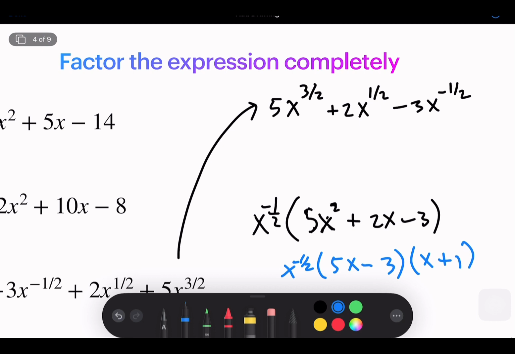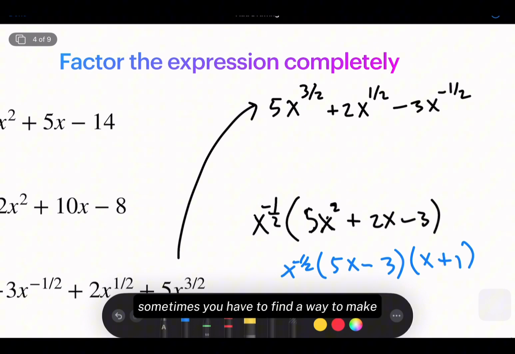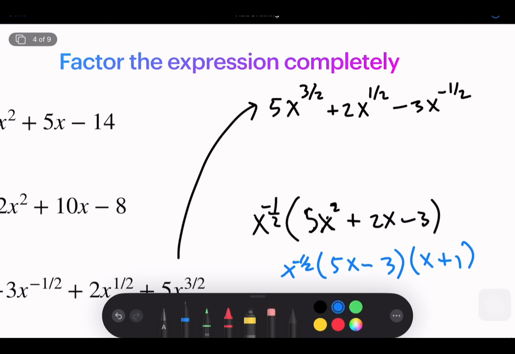Actually, the negative and positive makes things confusing. It makes sense. Right, okay. So sometimes you need to find a way to make this form. Why is it that when you take out x plus 1 over 2, and that's 2x? What is that? Because it's multiplied on